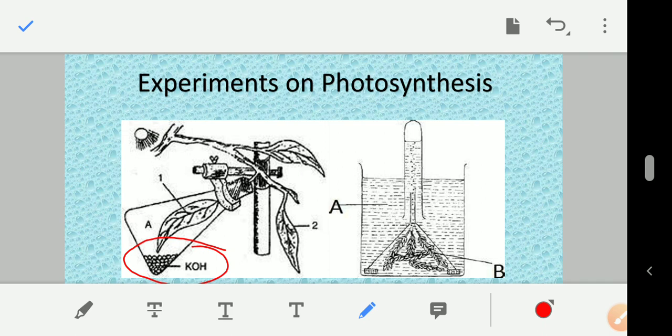What is the aim of this diagram? The aim of this diagram is to show that oxygen is released during the process of photosynthesis. Whenever you are drawing this diagram, ensure the conical flask is slightly raised for the proper supply of oxygen. This part of the test tube should be immersed in water, so वो आसानी से water air का circulation हो सके. Name the plant. We can use an aquatic plant, we can use hydrilla, but आप कोई भी normal plant नहीं लिख सकते हैं इसमें.